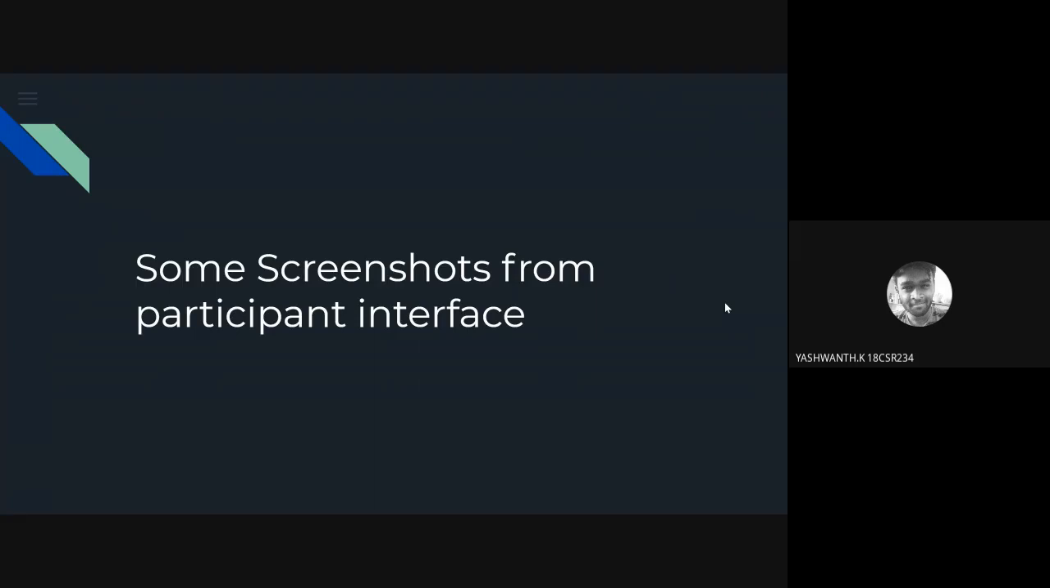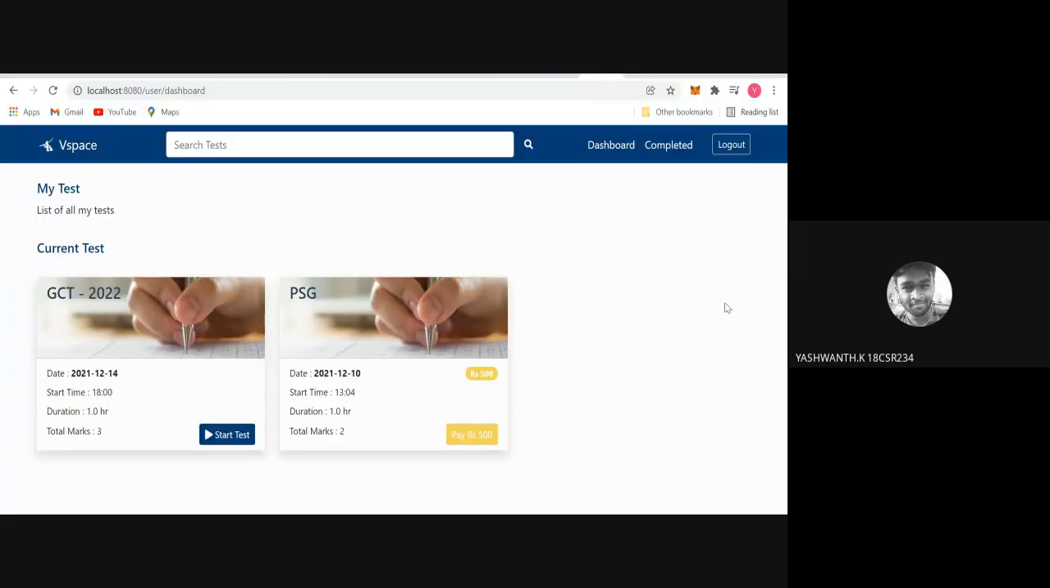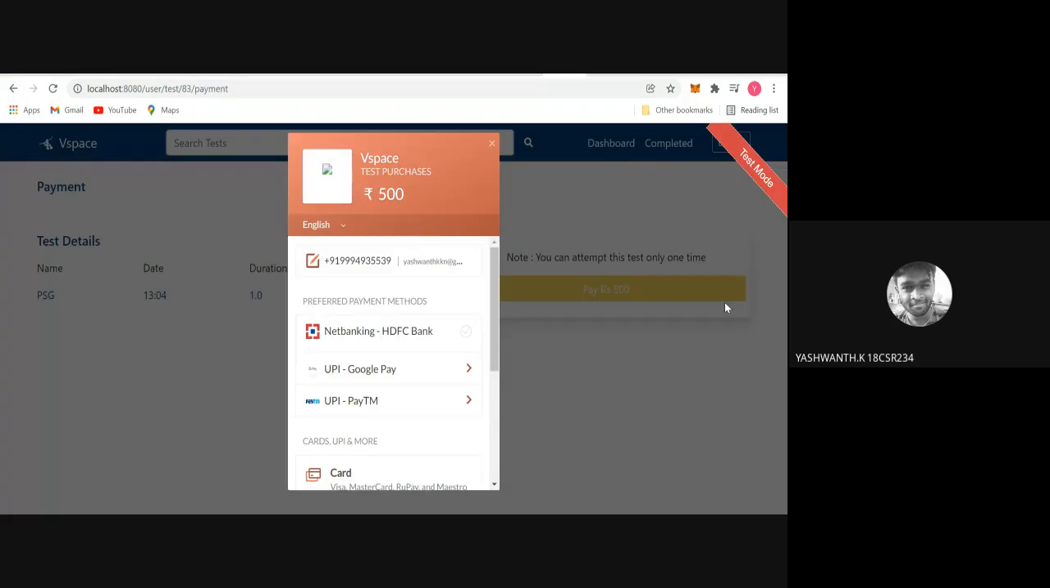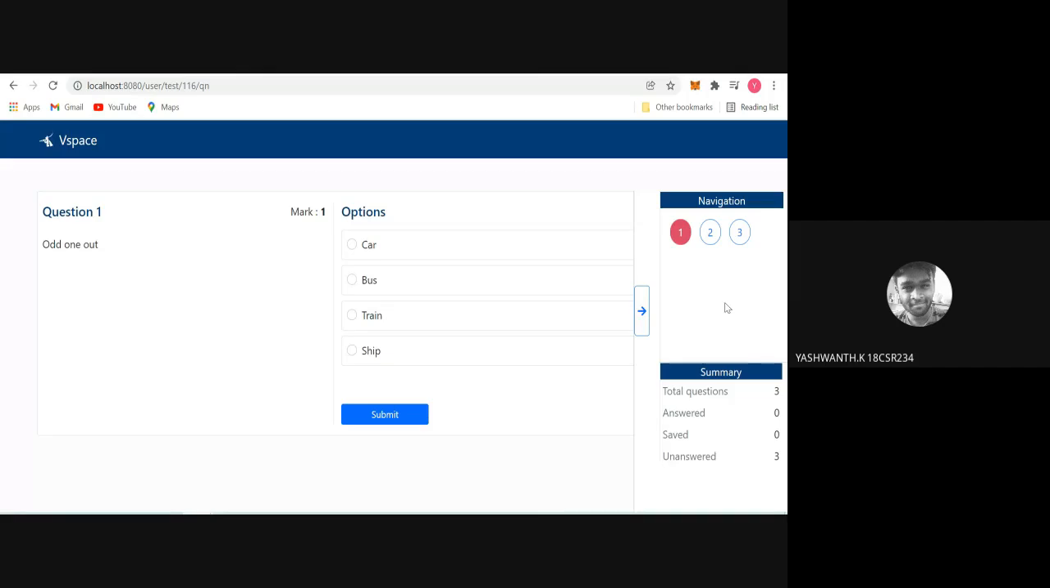And you can see some screenshots from the participation interface as well. So again, it looks pretty much similar, but here they can take the test, and if you have associated a payment with a particular test, then you have to make the payment first, and then only you will be allowed to take the test. So the payment interface would look like something like this,